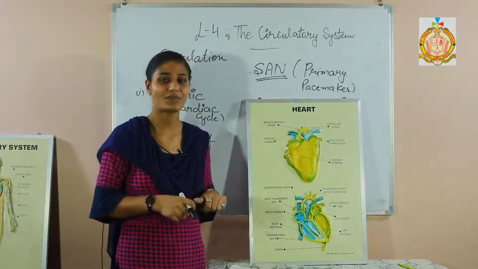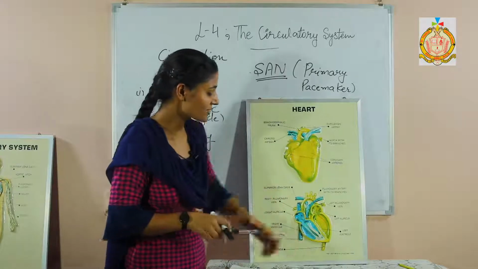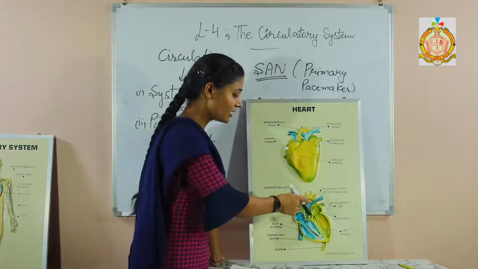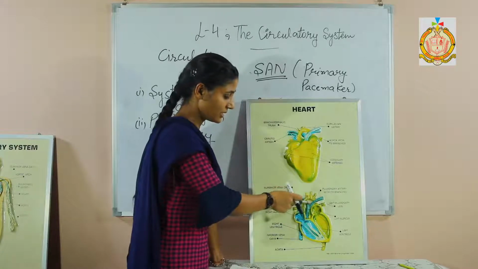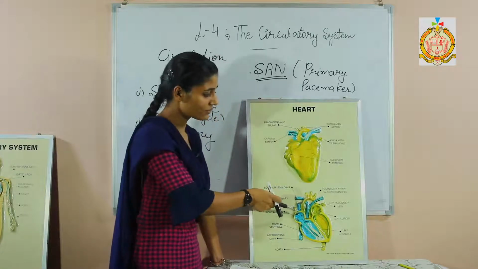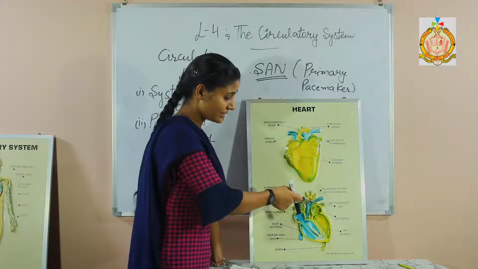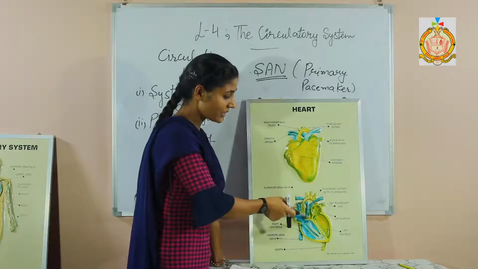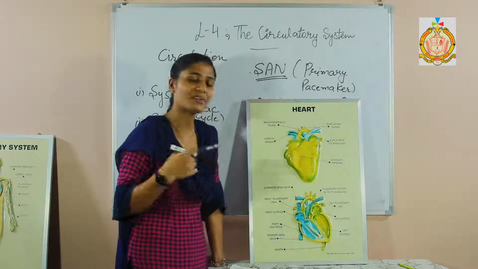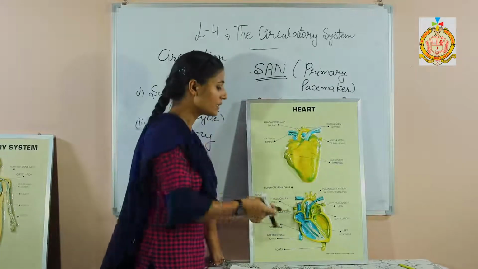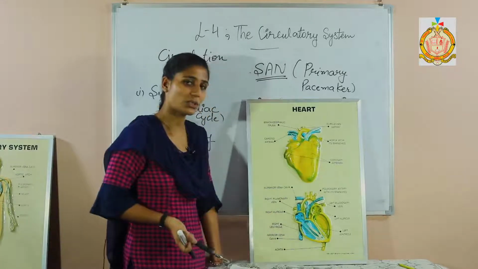That is responsible to generate the signal in the heart in the ventricles. And after that generation of this signal, this blood is moving from this right ventricle to the pulmonary artery. This pulmonary artery is present on the east side, because they have to send the blood to each lung. And from the pulmonary artery, the valves are present here also. These valves are responsible to prevent the backflow of the blood. Afterward, this blood with the help of the pulmonary artery is going to the lungs for the purification.